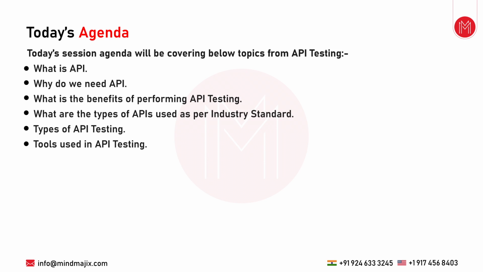Now, types of API testing, how we would be testing those APIs. To test any module, there are a couple of ways, as you would be aware. It would be either manual testing or automation testing. So these types of API testing will cover these two features, exactly how we would be performing the API test.